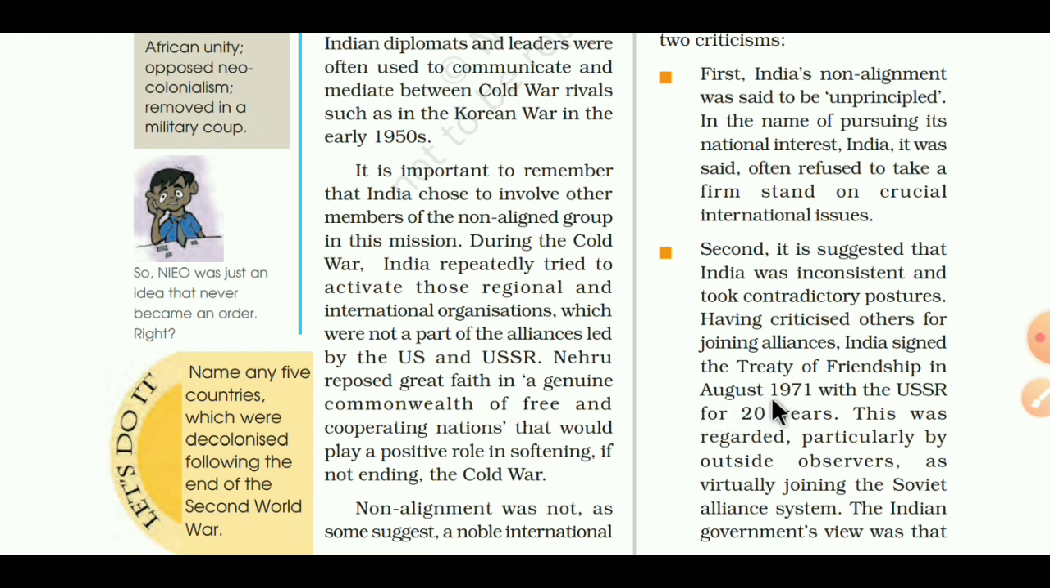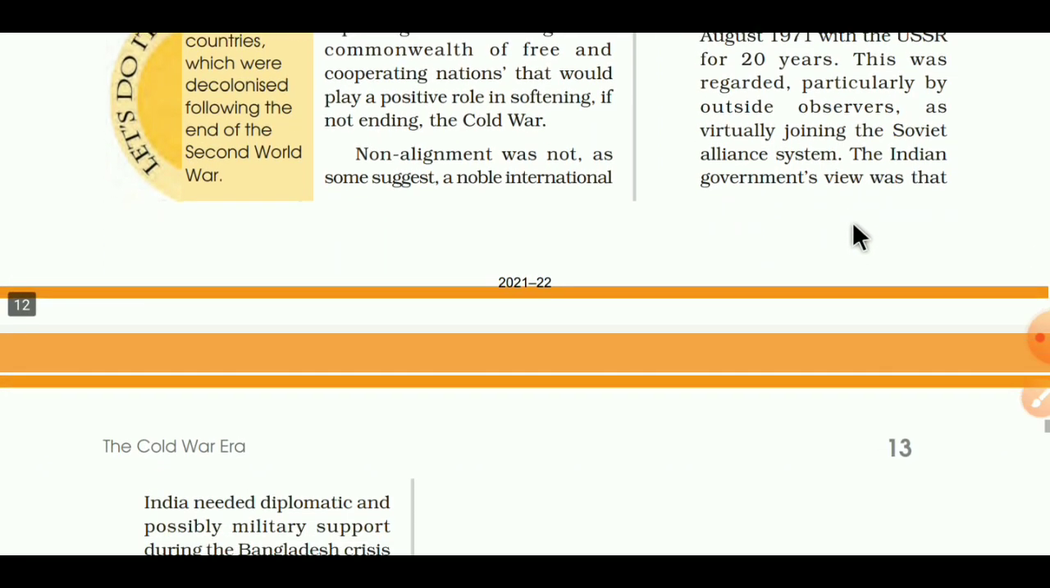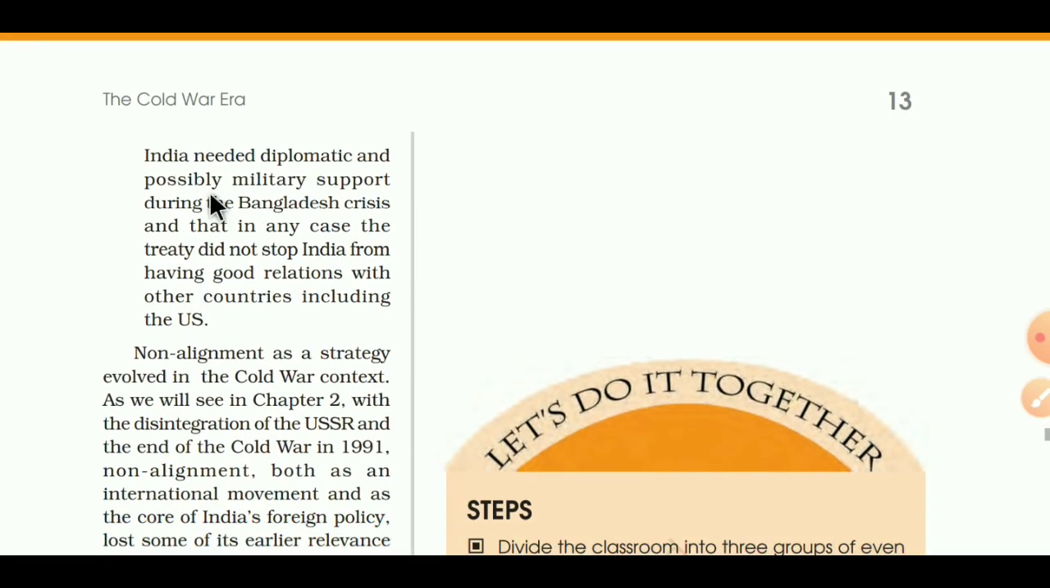But in 1971, one thing happened in India, and that thing is good. Whatever India had done, it is a great thing. I support it. The Treaty of Friendship with the USSR for 20 years, and after that, the Soviet alliance system. India virtually, not fully, joined the Soviet Union, but India has not joined any of them, any allies. The Indian government's view was that India needed diplomatic and possible military support during the